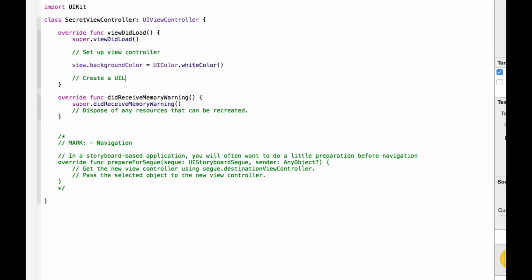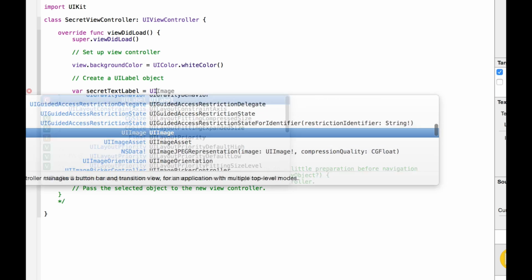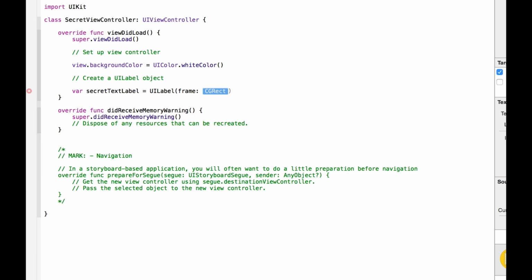Then after that, we're going to go ahead and create a UI label object. Now this UI label object is going to have our single dark secret in it. So I'm going to set up a variable called secretTextLabel, and I'll initiate a UI label object by going UILabel open bracket and then setting the frame. Now the frame for this, I could make the entire width and height of the